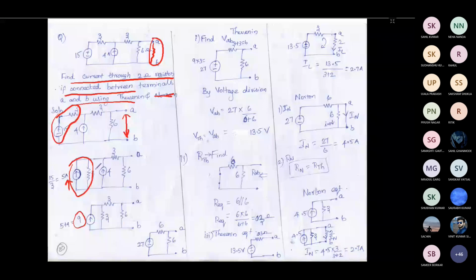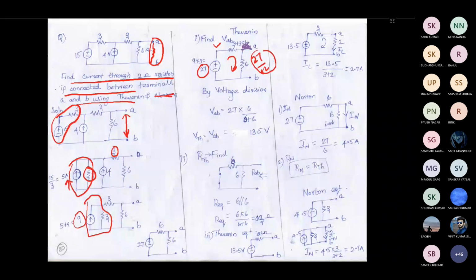This is second part. Now this is another 3 ohm, which is like this. So now again I'm converting this to a voltage source with a resistor in series, that I have done here. So once I do it, I will be having two resistors, that is 3 ohm, and this 3 ohm will be in series with a voltage source. That voltage source magnitude is 27 volt. So now I can find the current through this path. 27 divided by 12, that will be the current flowing through this path. 27 divided by 12, you can keep it like this.